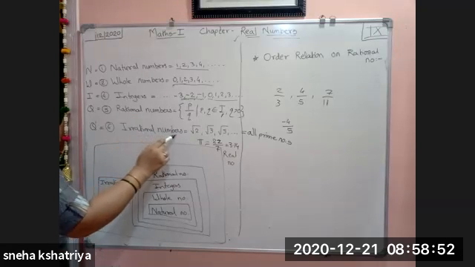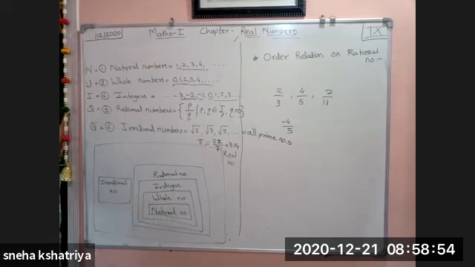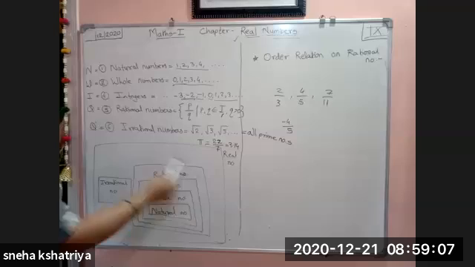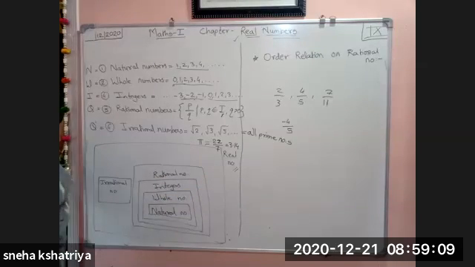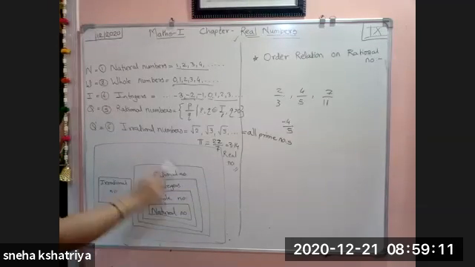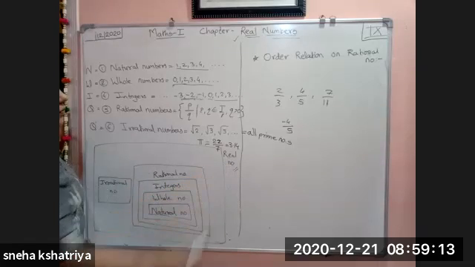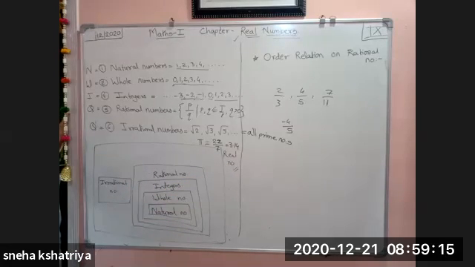What next is your irrational numbers, that is root 2, root 3, root 5. So I have made a different box here. Here irrational number is different. And all together, all the numbers we get here a big universal set as real numbers. All the sets which we put together form the real numbers. Okay. So this is the basic of numbers, what the real numbers actually are.